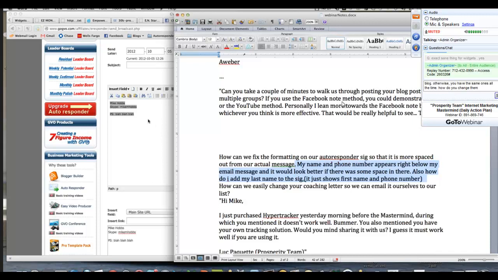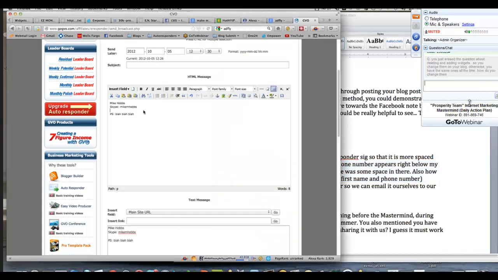Now, if you want to do it in the HTML version first, it's going to make your life harder, but you have to hold shift and push enter twice, and that'll do the actual lines right there. And if you're still having issues, put a couple of spaces, then press enter again. That's pretty much the best way to get an actual space in between. I've had to do that a couple of times with my blog posts, so it works with your messages too.